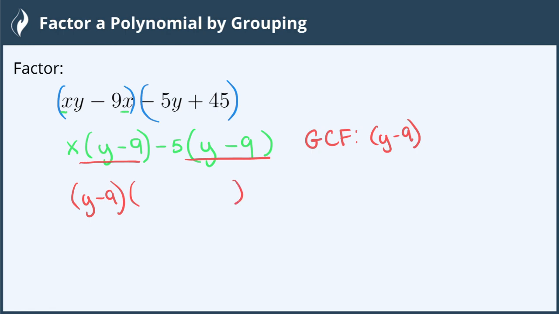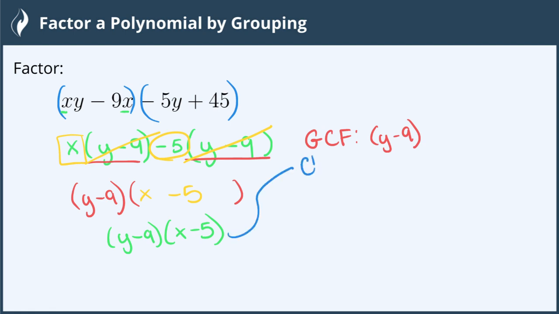So with the first term, if we divide by y minus 9, we're left with x. And on the second term, if we divide by y minus 9, we're left with minus 5. So we've correctly factored this to be y minus 9 times x minus 5. And we can check this by FOILing,